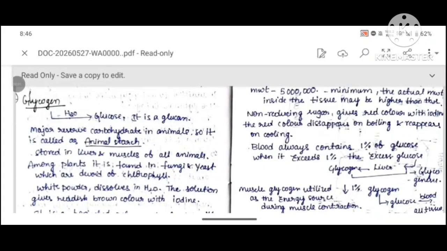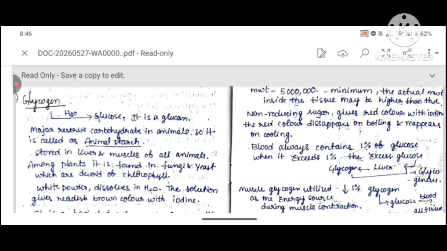Everyone, in this lecture we are going to discuss homopolysaccharides. In the last lecture, we saw what polysaccharides are, their introduction, and also their classification. Polysaccharides are basically of two types: homopolysaccharides and heteropolysaccharides. Among homopolysaccharides, we have already discussed starch and its components, amylose and amylopectin. In this lecture we will see the remaining